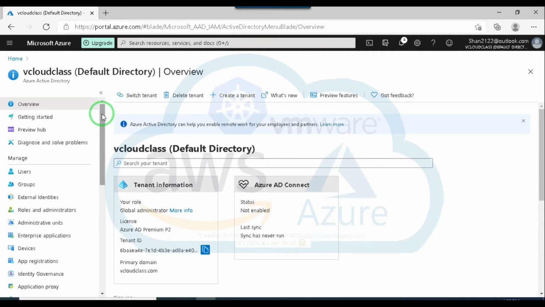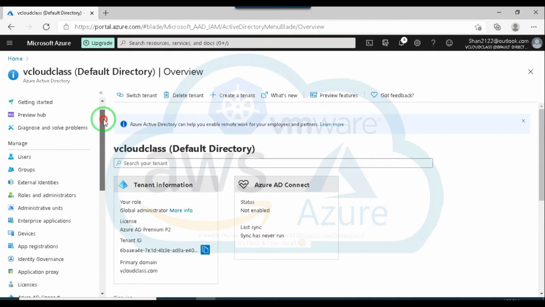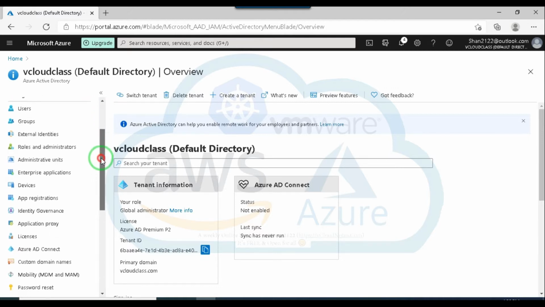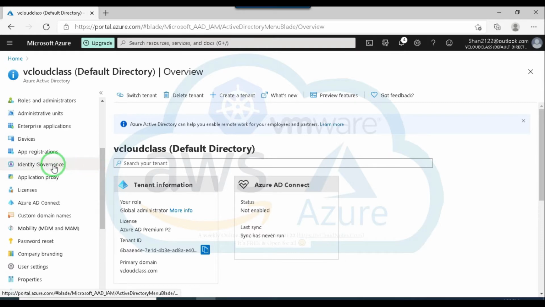You can understand it like this: if there is a group having 500 different users and there is one group owner assigned, then you need just one license. But if you are selecting all those individual users to review their own access, in that case you would require 500 different licenses. So let me jump into the identity governance section of Azure AD, and from there I will show you how you can enable the access review.